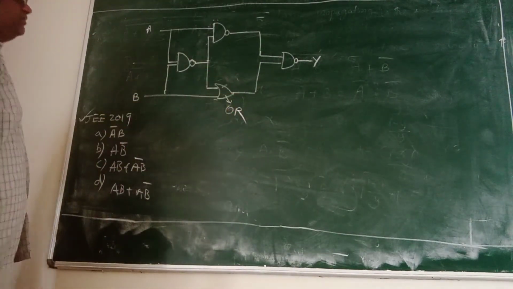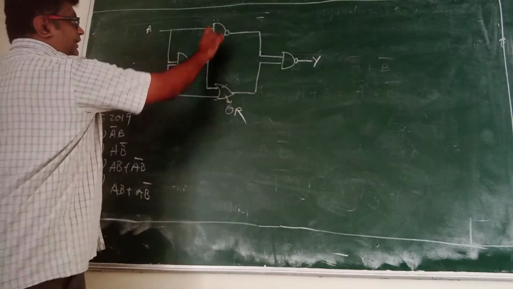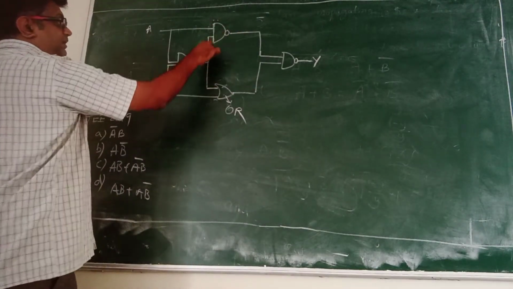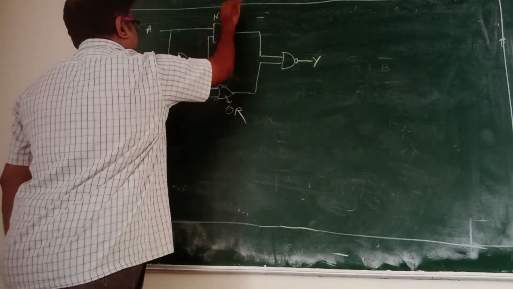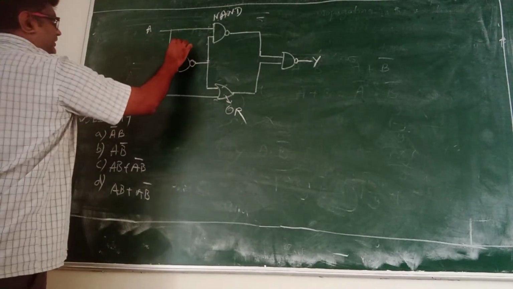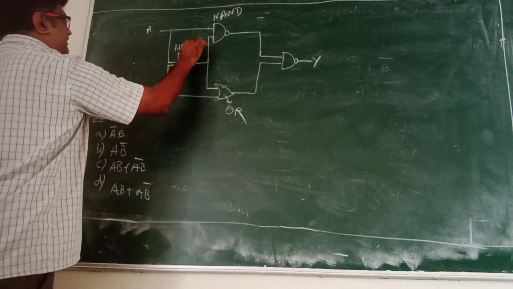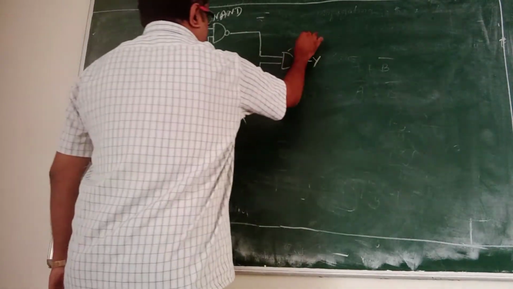Curvature, simple curvature. Always look for this circle. This is a circle. And what type of gate is this? This is a straight line AND gate. So there is a circle, it becomes a NAND gate. So similarly, this is also a NAND gate. See, no need to write all this, I am just writing for explanation purpose. And this is also a NAND gate.